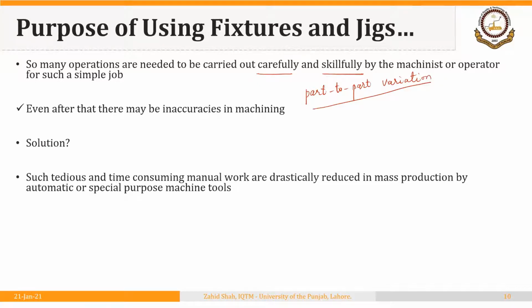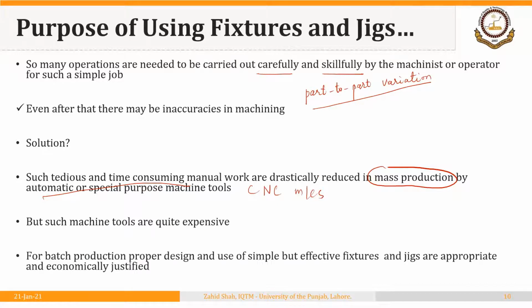So what is the solution? One solution is to go for automatic or special purpose machine tools. So if we are going for mass production, if the quantity to be produced is really huge, then we could go for automatic or special purpose machine tools, just like CNC machines. This is one of the options. But they are very expensive machines,